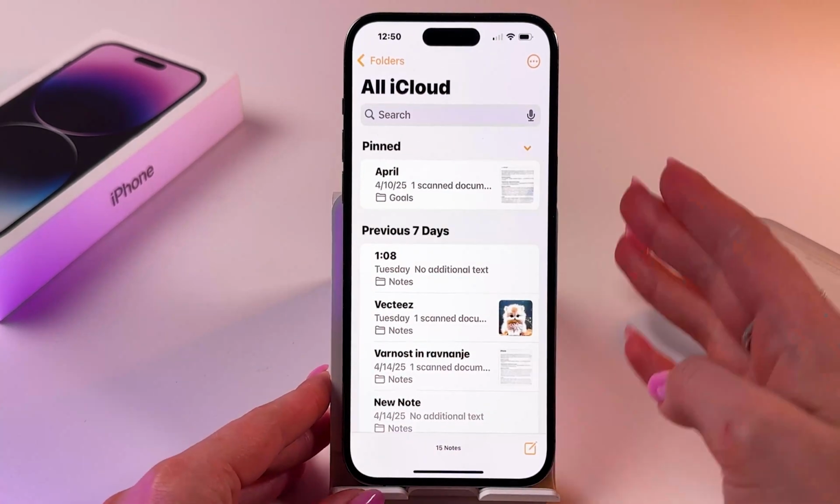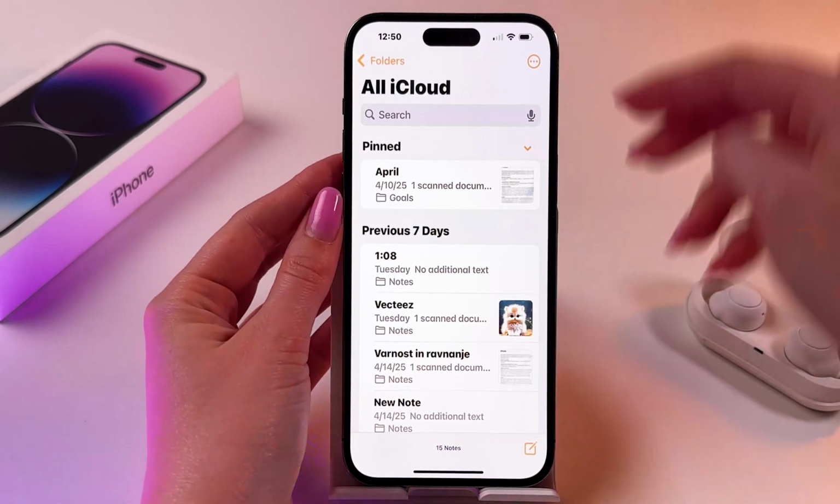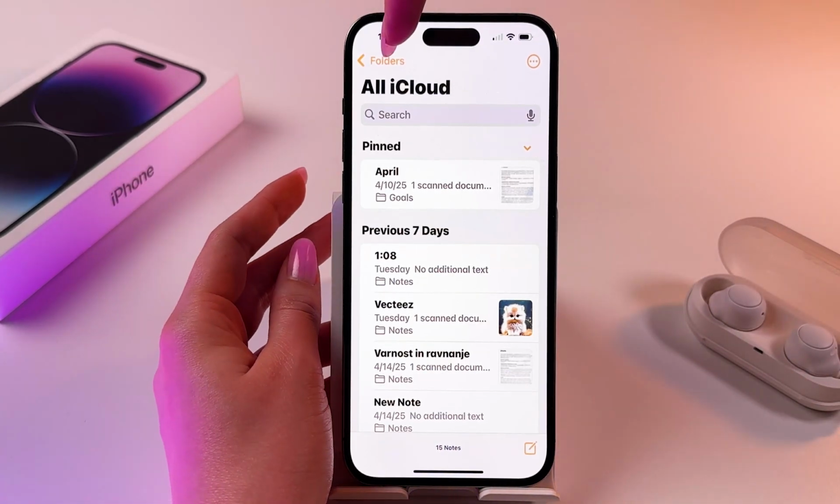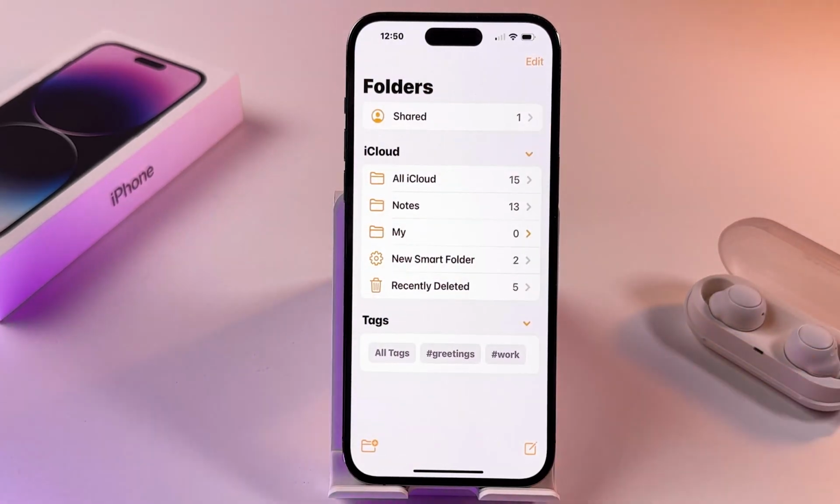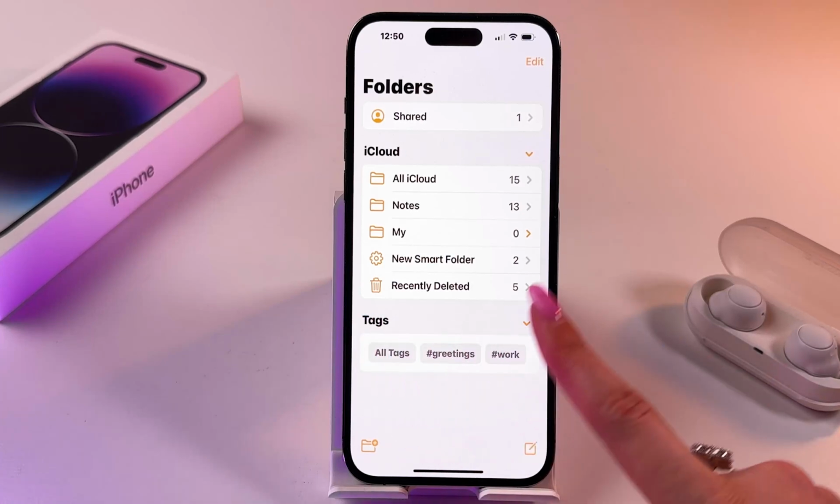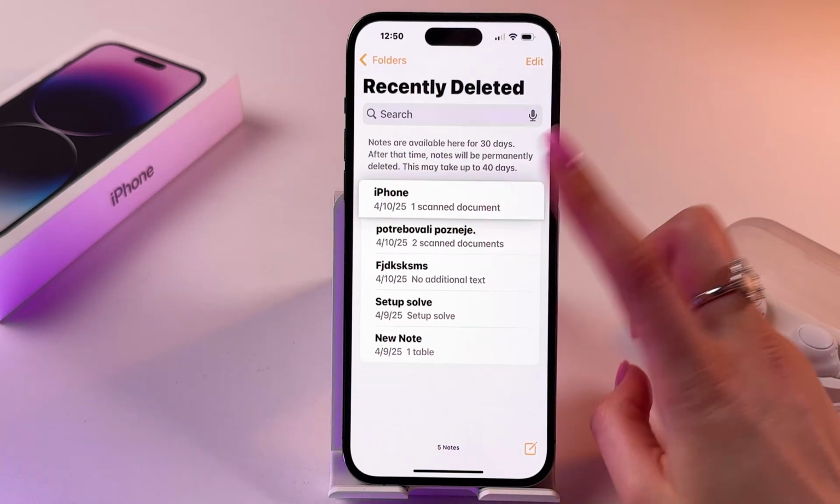And now from the list of your current notes, you just need to find this option for folders. By clicking it, you will go back in the folders list. So here you can see this section recently deleted. To recover those notes, you just need to select note